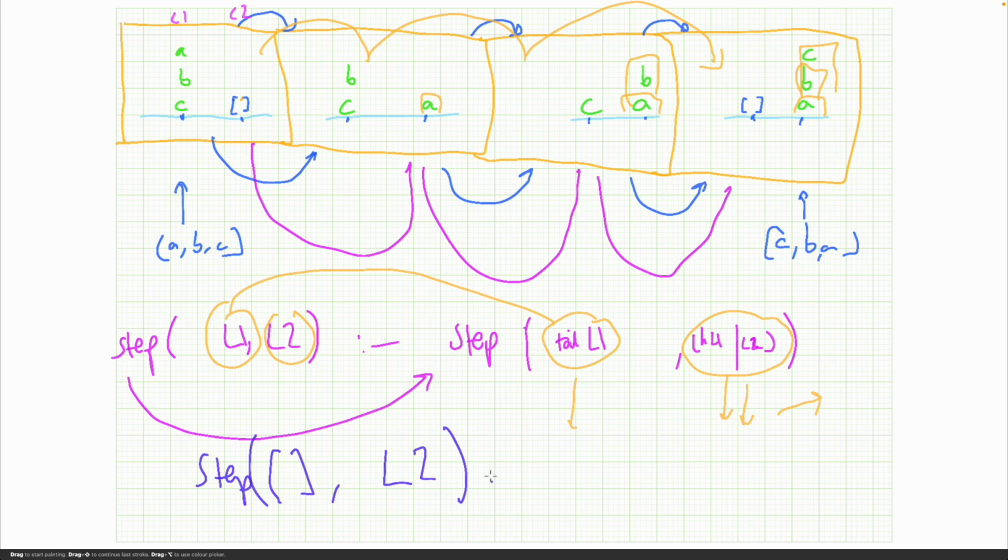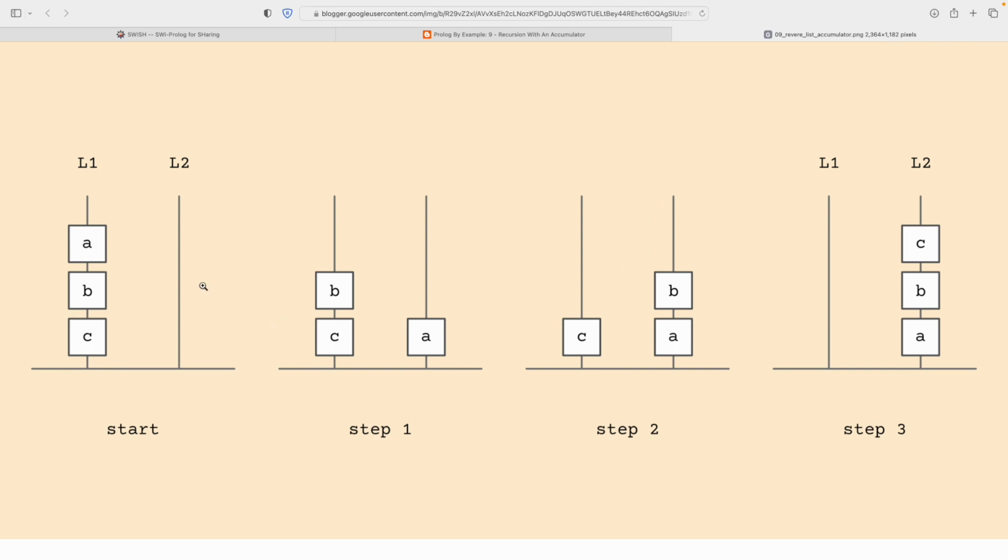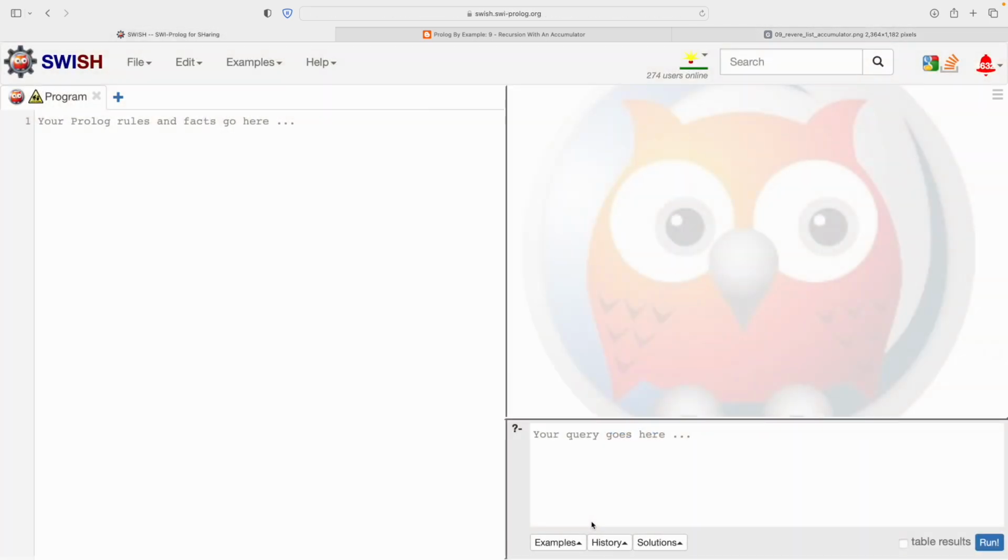So that is a way of expressing in Prolog this idea of, it's almost like the Towers of Hanoi game almost, where we try to construct a list that's the reverse of one that's given. So let's try and code that. Oh, just before we code that,